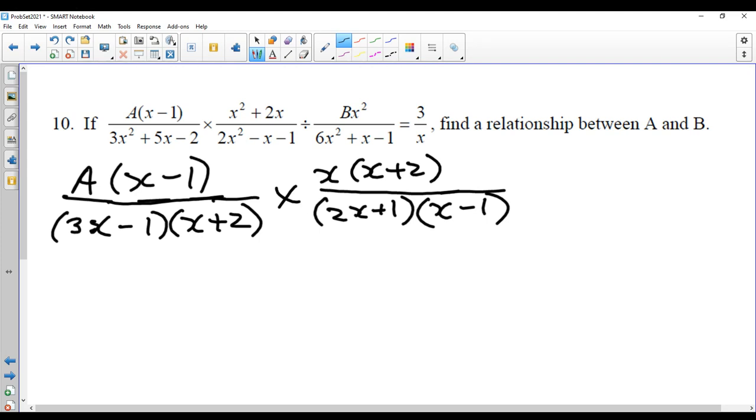Good stuff. Okay, I'm going to write times now. Even though this says divide, I'm going to write times because we're going to flip the other one. Correct. So I'm going to put the bx squared at the bottom, but on top,